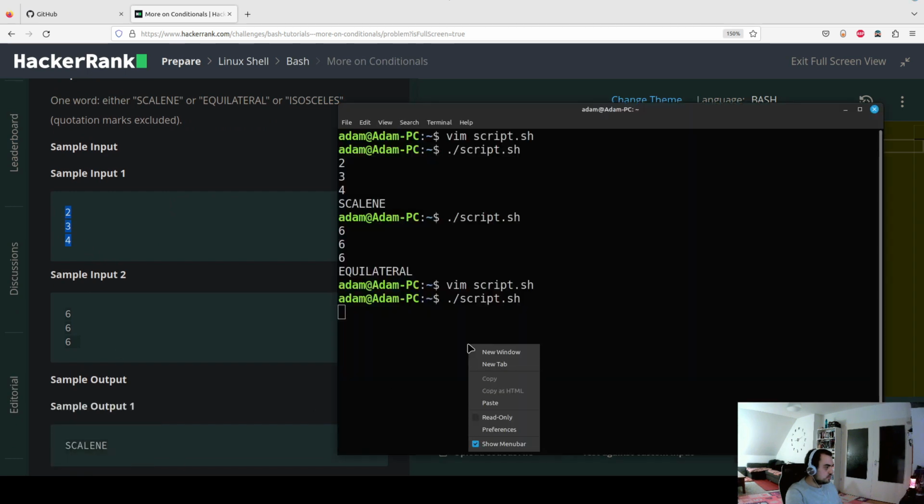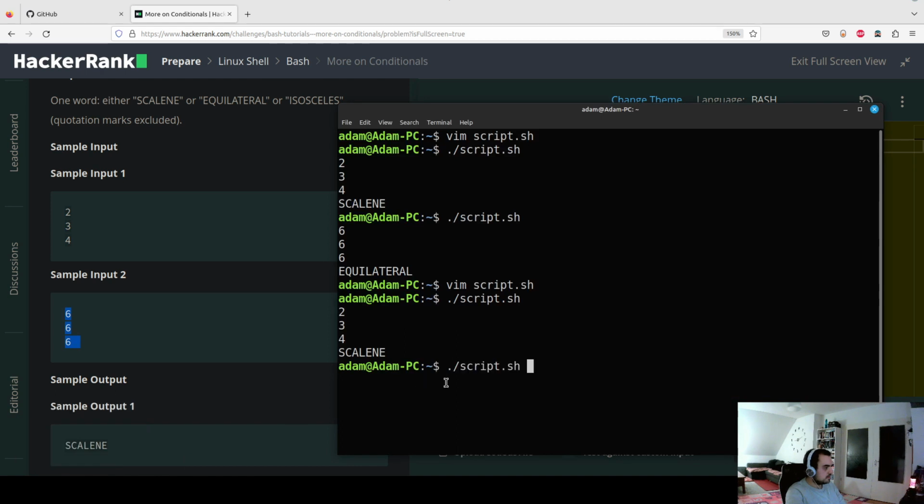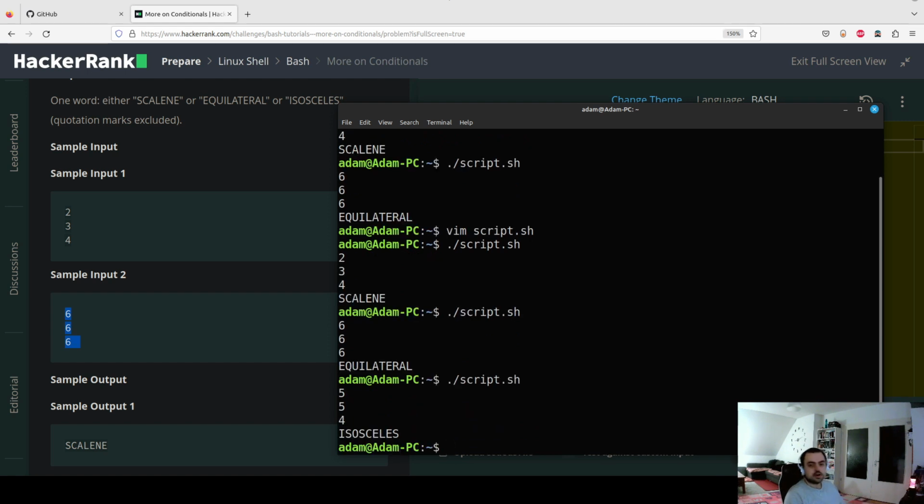Let's copy the input. Perfect. Perfect. And let's check for isosceles. So let's say we have 5, 5, and 4. Isosceles. Perfect. Let's copy the solution